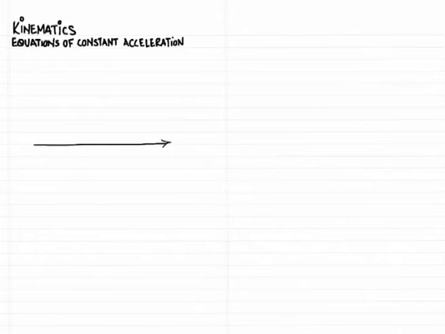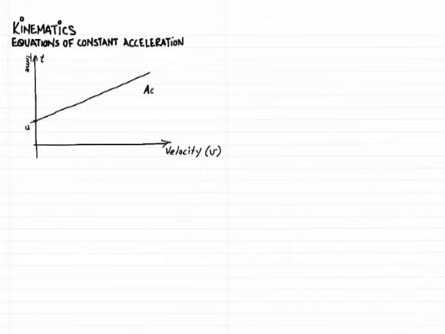In this video I'm going to examine the equations of constant acceleration. The equations of constant acceleration come about from a situation where an object is moving under constant acceleration. That is, the acceleration is constant, so the velocity will be increasing or decreasing depending on whether the acceleration is